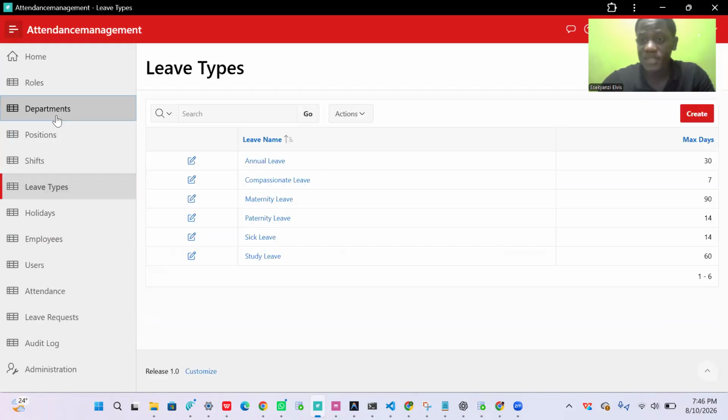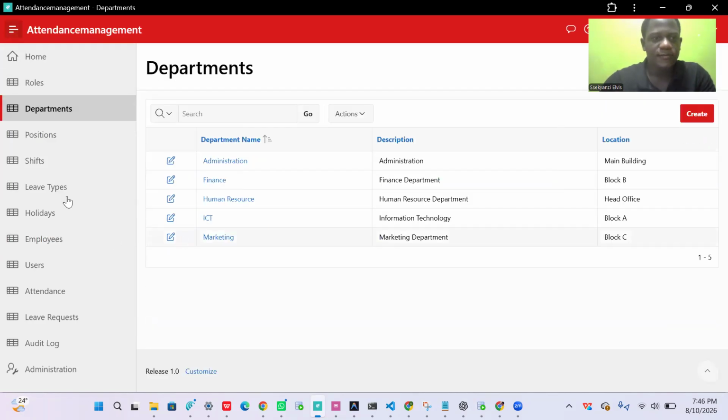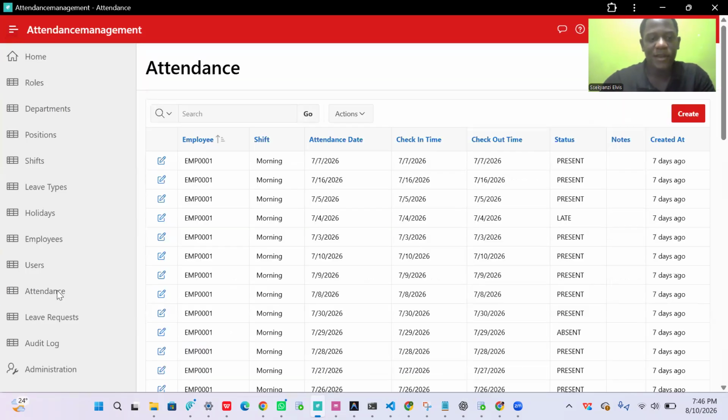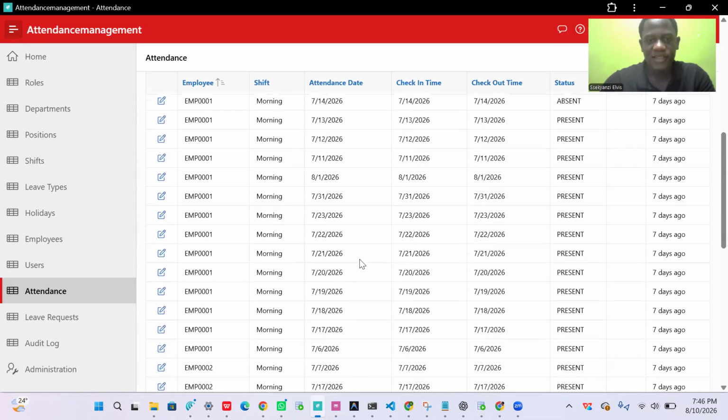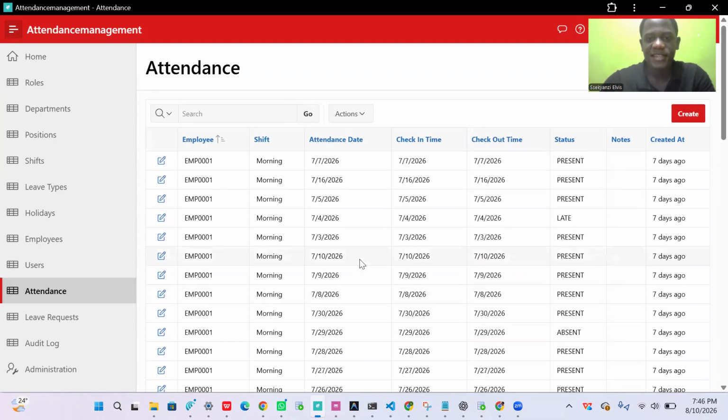We have the departments, and the roles to be done by each of our employees. Then the attendance, which was maybe the primary point of everything. Here it is: the session, the shift, the attendance date, the time check-in, time check-out, status, and time of entry.